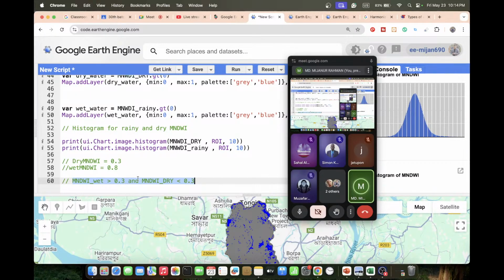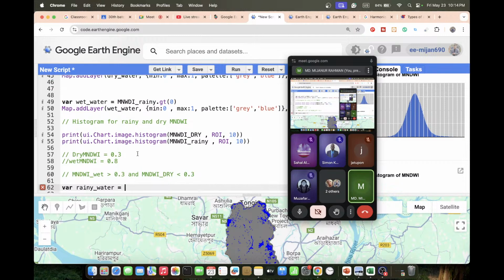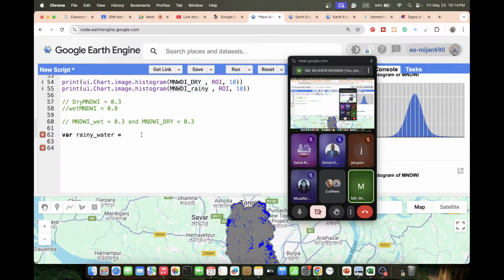Now let's try to apply it and check the result first, then I will also explain again. Just a minute. Just take a variable. Suppose I put the variable name as rainy water, or you can put any name, no problem, and then call the MNDWI rainy. Just paste here and apply the greater than 0.3